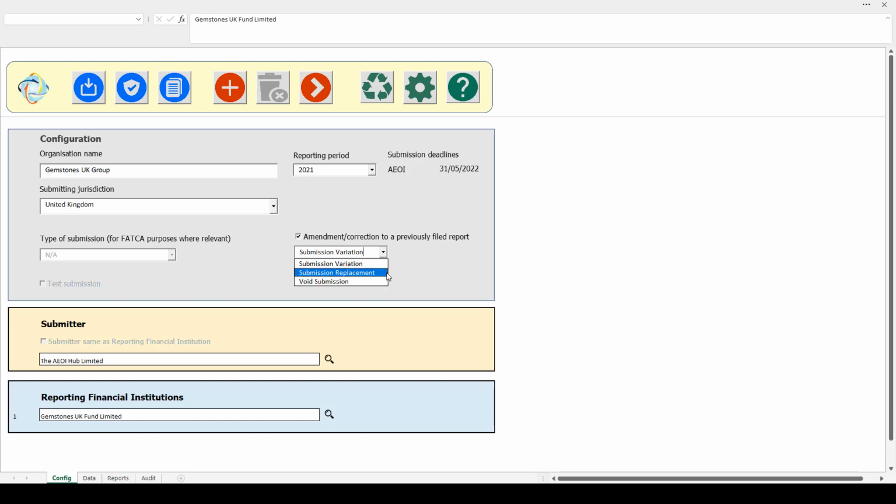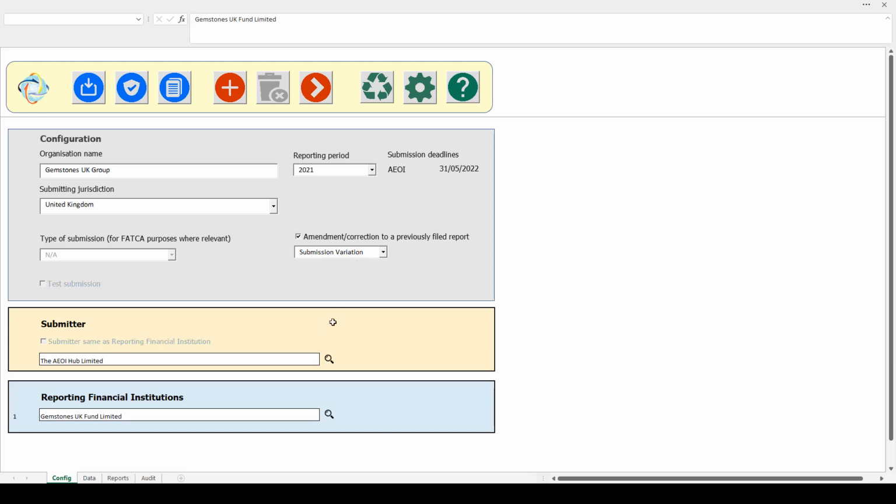A submission replacement is used where there's a lot of changes, and what you're effectively doing with that is telling HMRC to ignore the previous submission and replace it with this new submission. And finally, submission variation is more subtle because that's where you can vary different elements of the report to say that what you previously submitted needs to be updated.